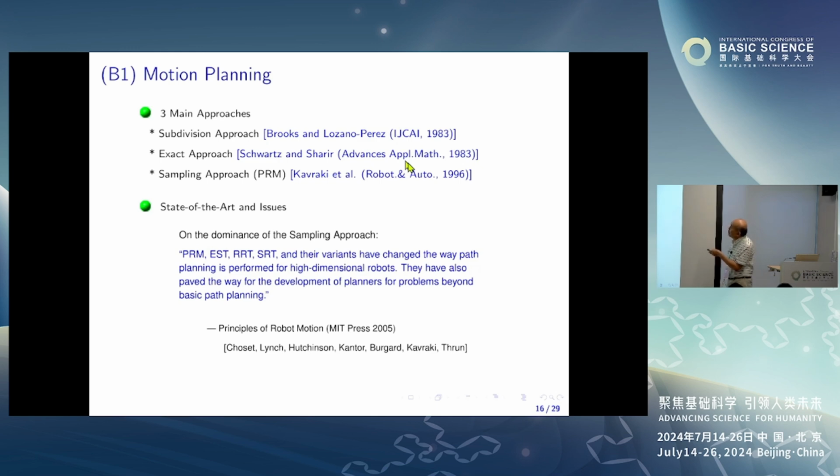And then there's the sampling approach. And today, all the roboticists who implement these algorithms use sampling because it's very easy, very fast. You just do random sampling of the space. And this is a quote from a famous textbook. These are all the different kinds of sampling methods. PRM, EST, RRT, SRT, and so on have changed the way that path planning is performed for high-dimensional robots. They also paved the way for the development of planners for problems beyond basic path planning. This is a book by Choset and 6 other authors. But